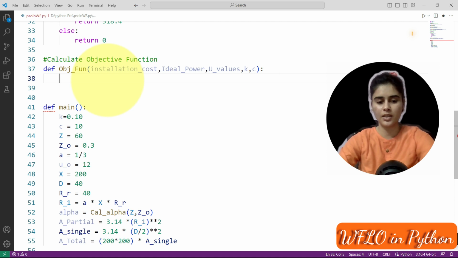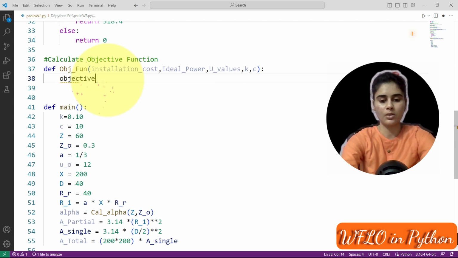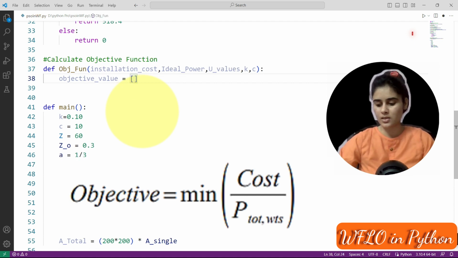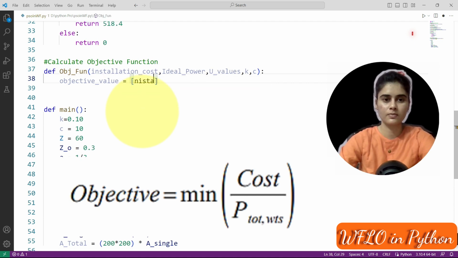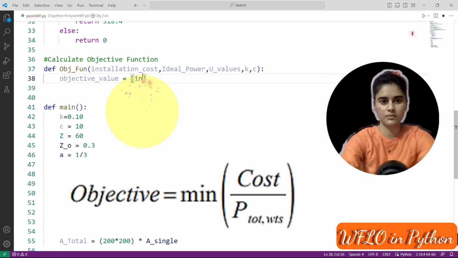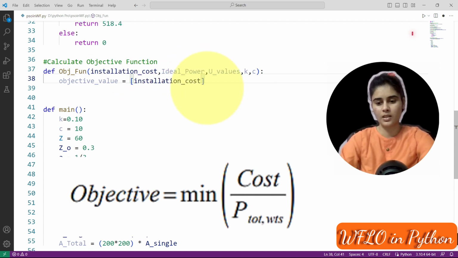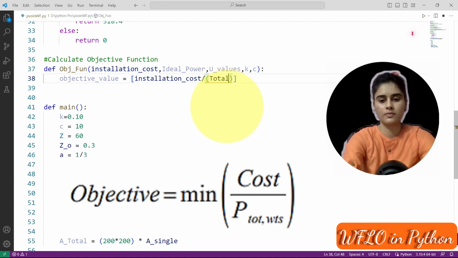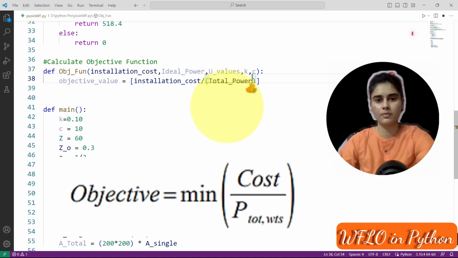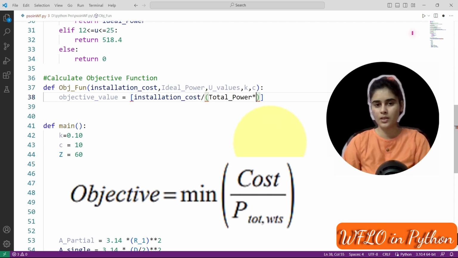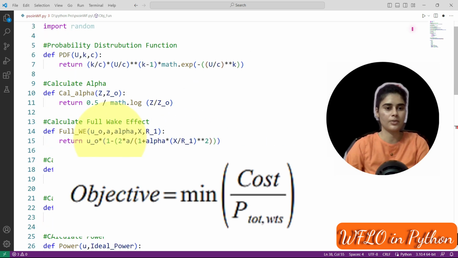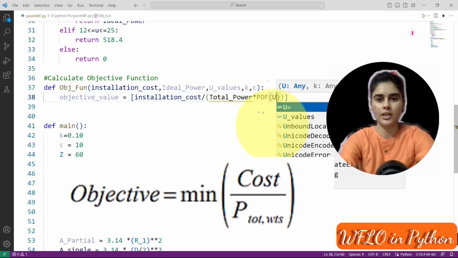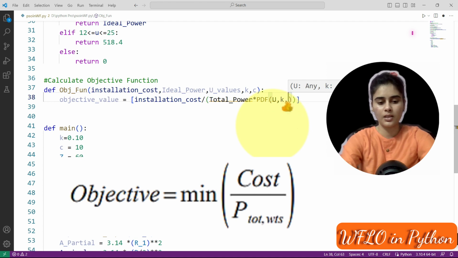Here we will calculate the objective value, which is equal to installation cost divided by total power into this function that we defined here, PDF. We have PDF with different parameters like u, k, c.